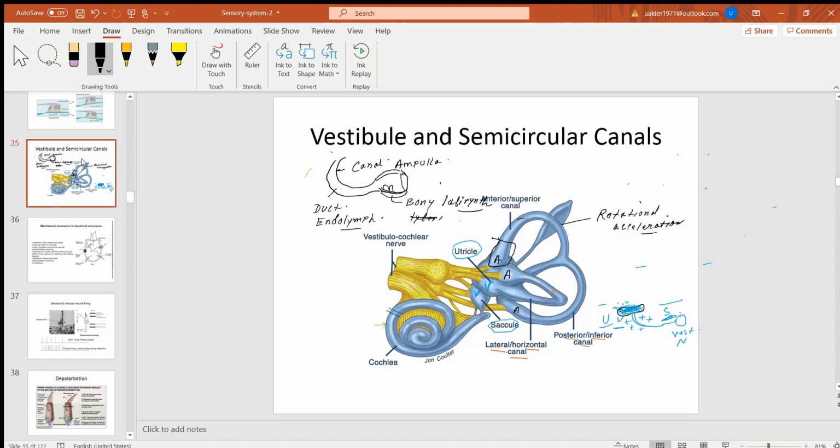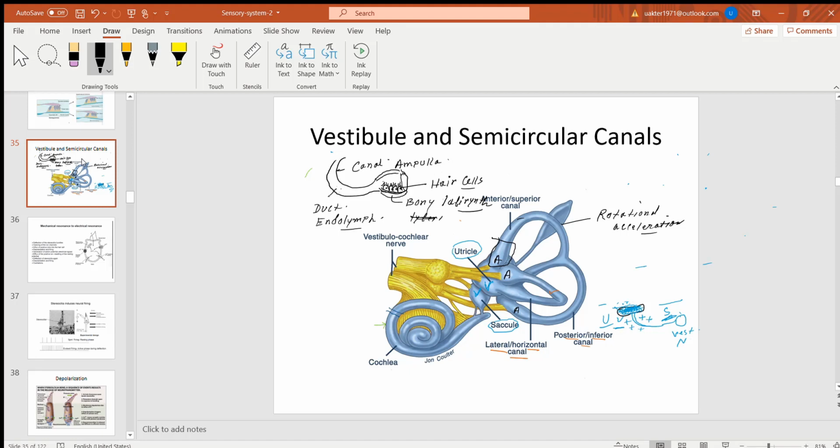So basically the structures in the sensory epithelium, same structures are there, right? These are the hair cells, but these hair cells will be activated by rotational motion or movement or acceleration, okay. So also you have supporting cells around the hair cells. I'm not drawing those. So hair cells, okay. And if you see